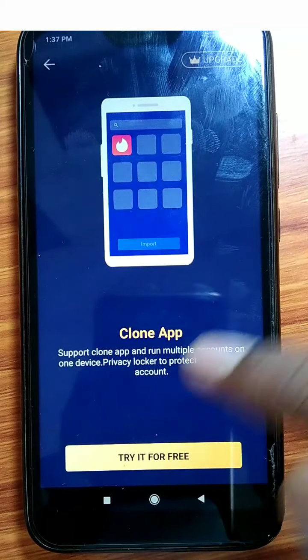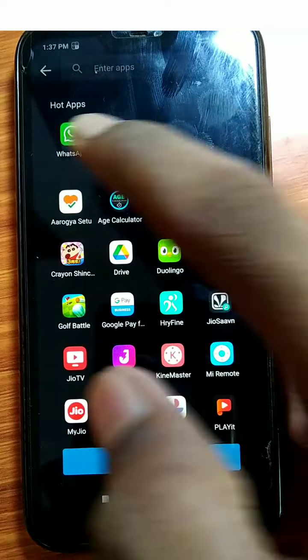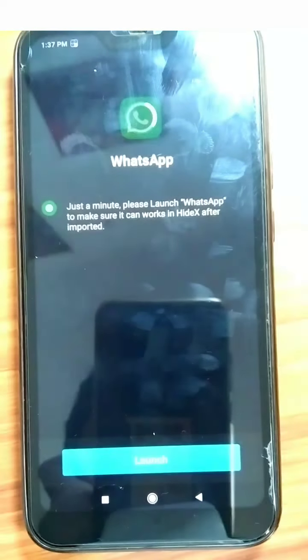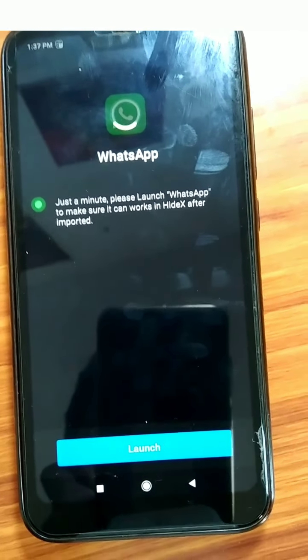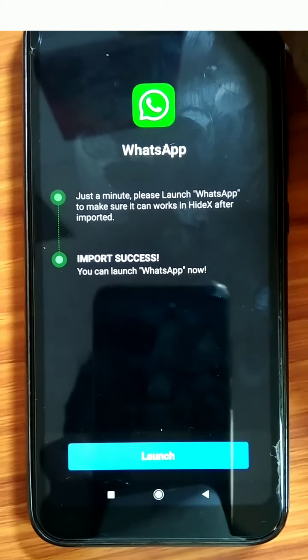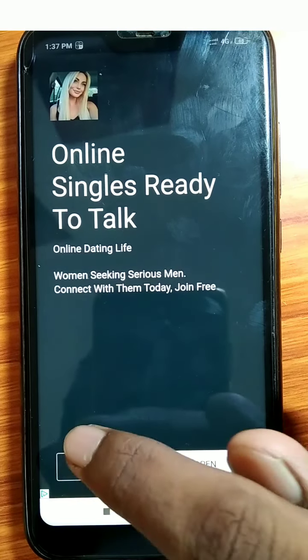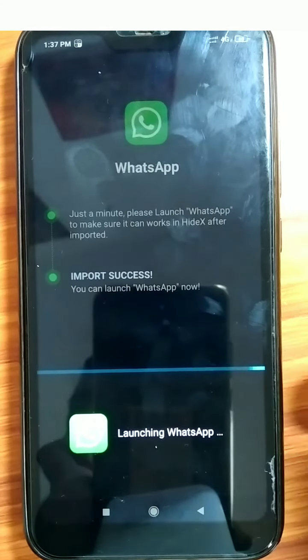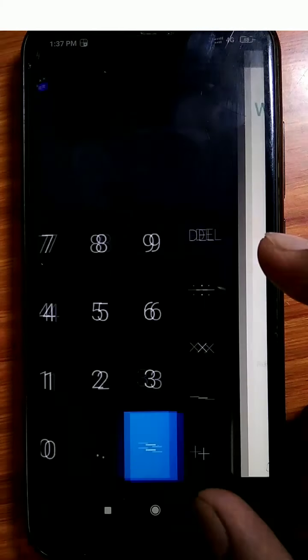Let's try to make an app clone. As you click on that, it is premium, so it gives a free trial to try. You can clone any app like that, and you can use this as a private or app hider. I will click on WhatsApp. As you click on WhatsApp, you have to install WhatsApp. Automatically it will clone, but the files are not exported. So you have to create an account, a new or older one, and back up here. Hiding this app is risky, so you can use other apps for app hiding. You can use this app as a photo hider or a video hider.